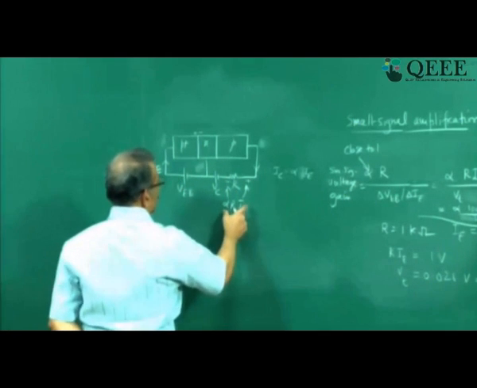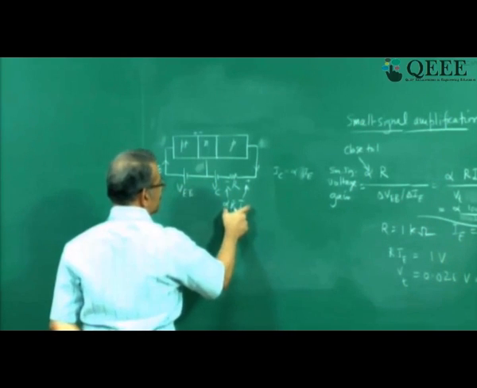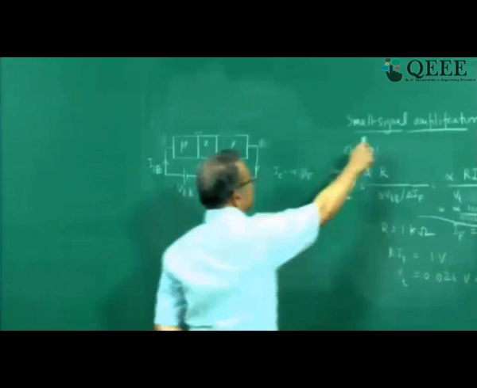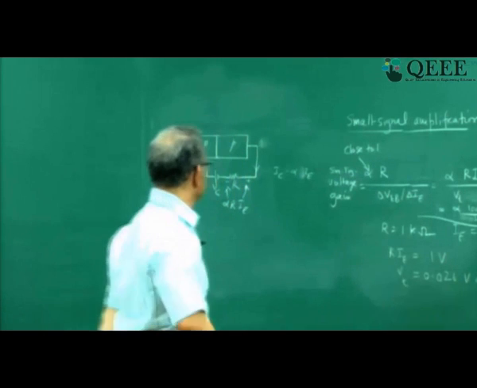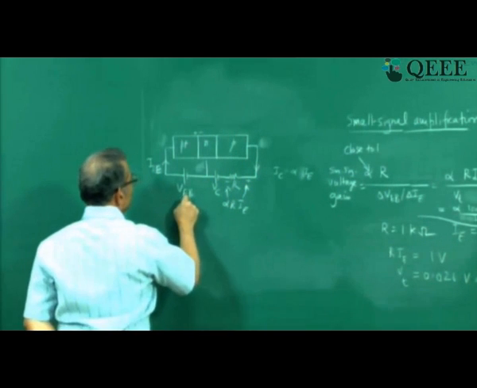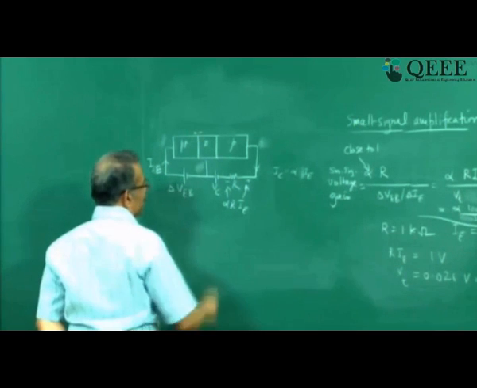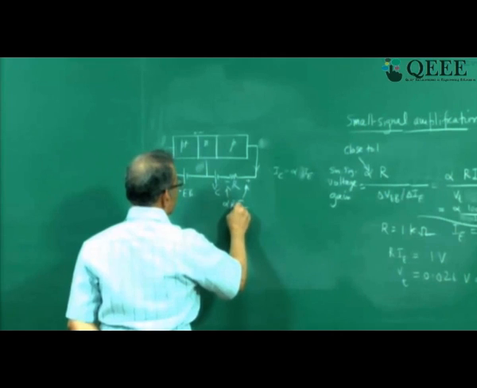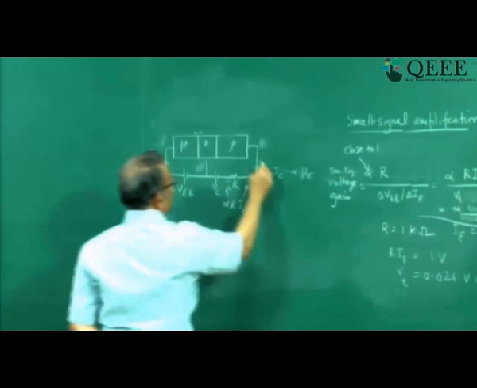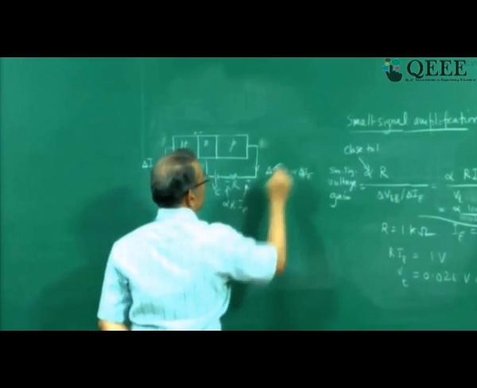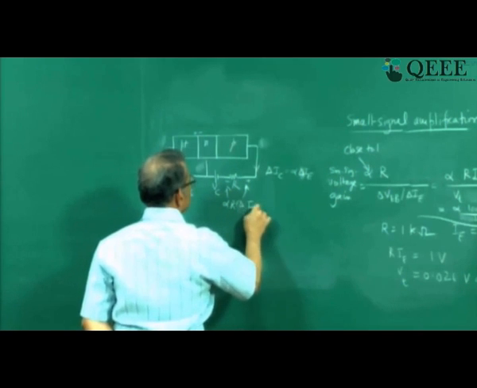Now you are going to compare this voltage with this voltage. This is the input voltage, this is your output voltage. But we always talk of small signal amplification. We always want to amplify varying signals, time varying signals. So rather than talk about VEB, we talk about delta VEB, change in VEB. And therefore here we talk about change in IE because of change in VEB. So when you change VEB, IE will change, IC also will change, and this will change. So I am going to replace it by delta IE.